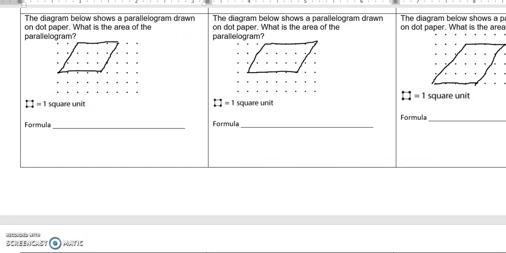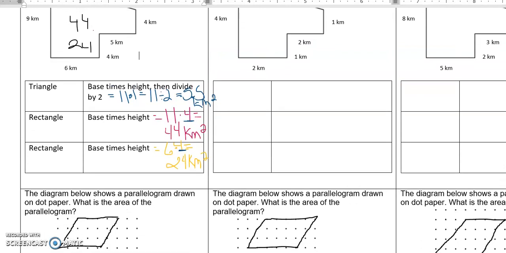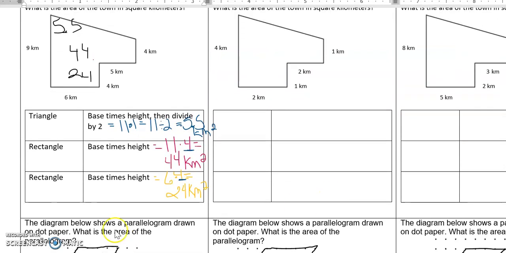So when I add all three of those numbers, 24 plus 44, I should have just lined them up here. Let's just do that. Make it easier. Line up my whole numbers and the decimal. So I'm just adding my whole numbers first. 24